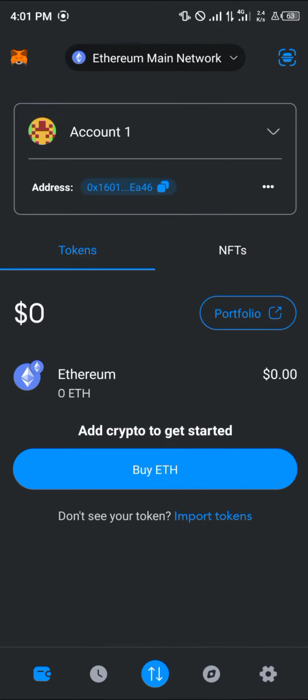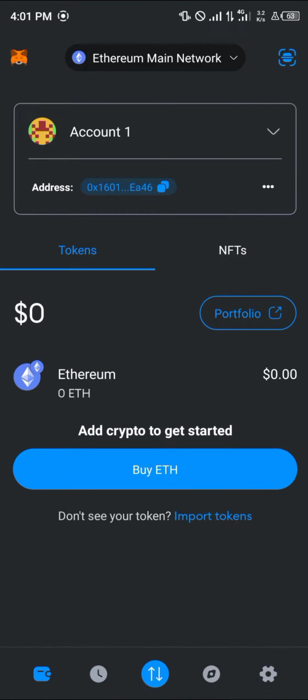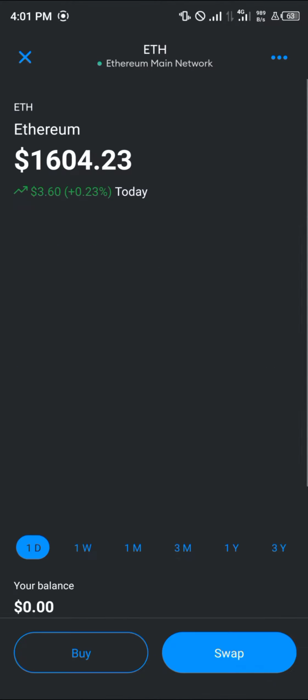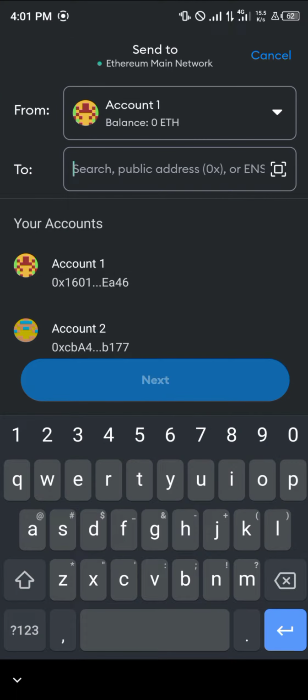Once you've logged in, select the Ethereum main network. If you're not on the Ethereum main network, select the Ethereum main network, select the Ethereum itself. Once you've done that, simply scroll down and select the send option, where you're met with the from and to